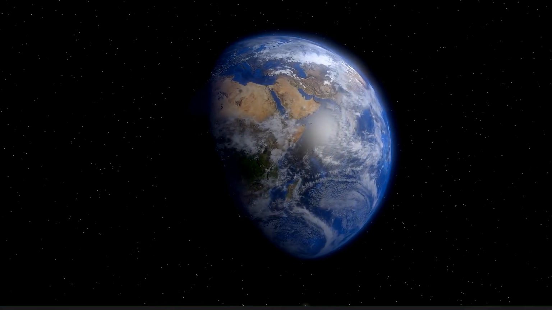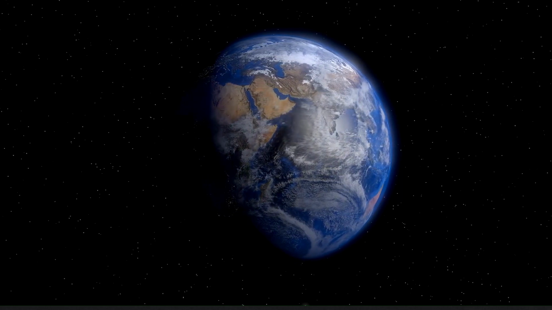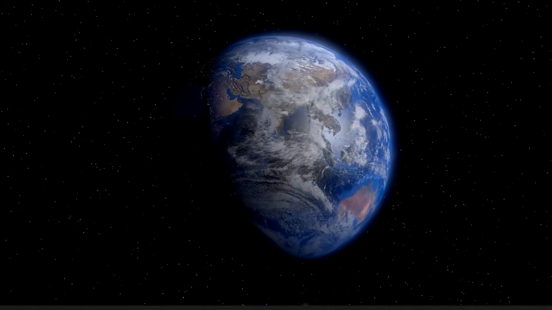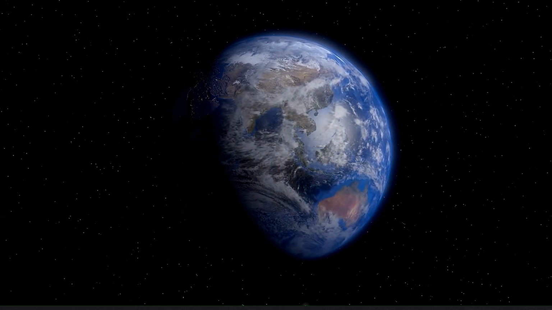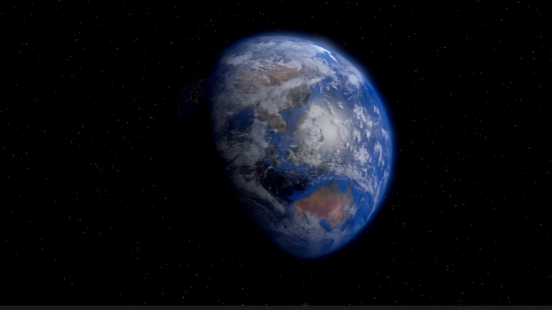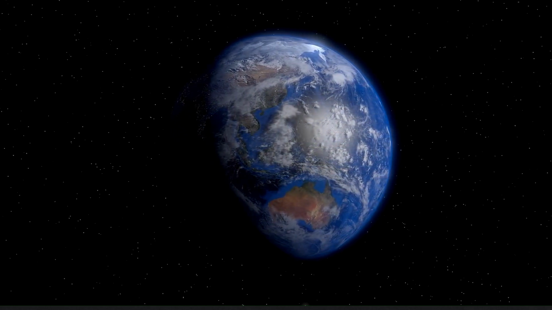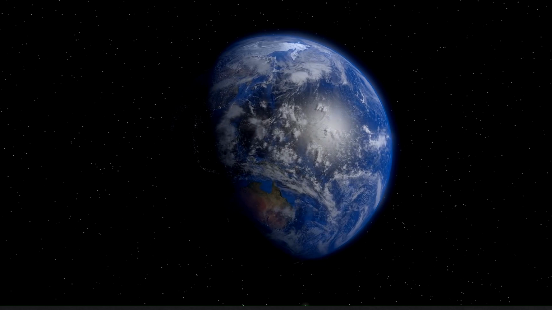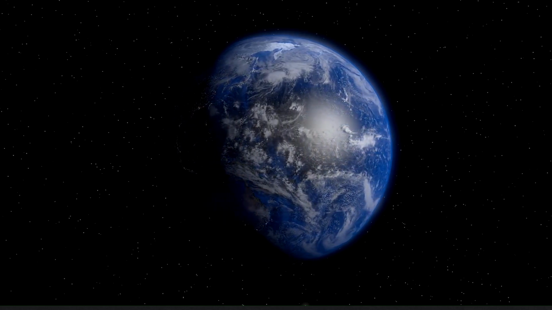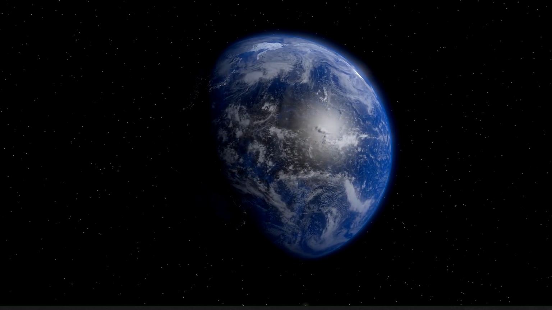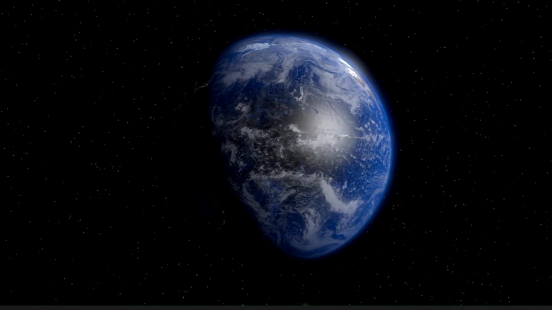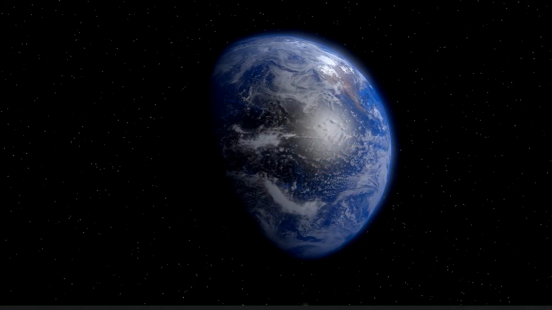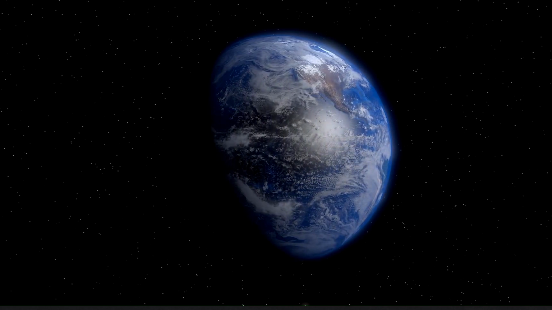Earth is the dynamic planet that we call home. It is the third planet from our sun. It was formed over 4.5 billion years ago and it has been changing ever since. It is the only planet known to have an atmosphere containing oxygen, oceans of water on its surface, and of course life. The atmosphere of the earth is composed of many gases and the mixture of gases is commonly known as air. Around 71% of the earth's surface is covered by water and 29% by land.